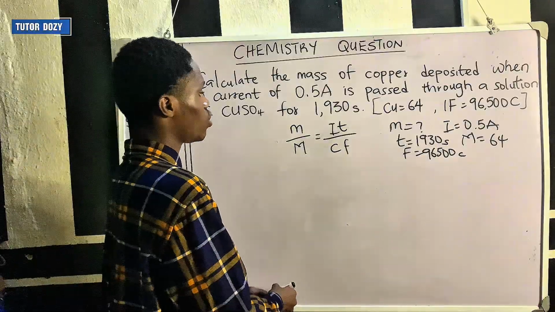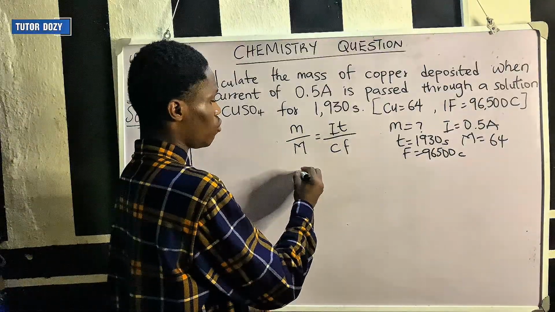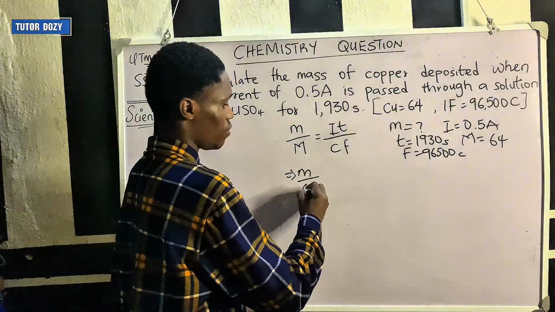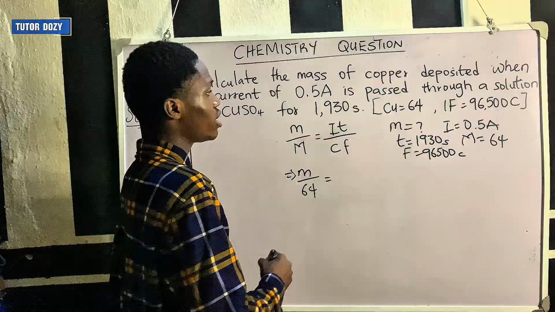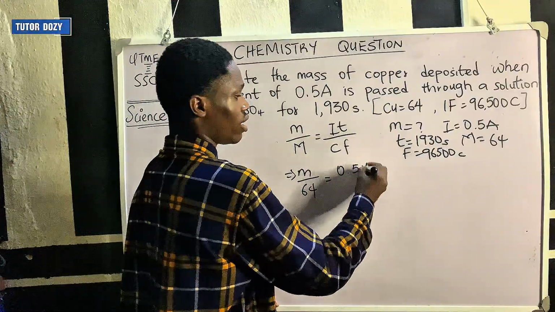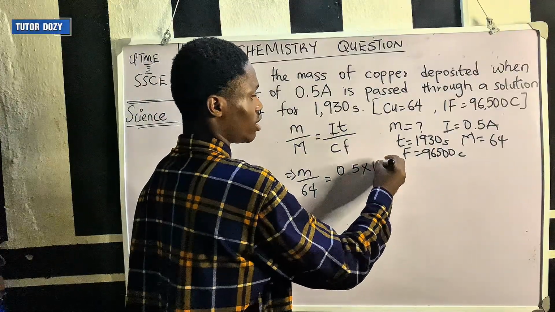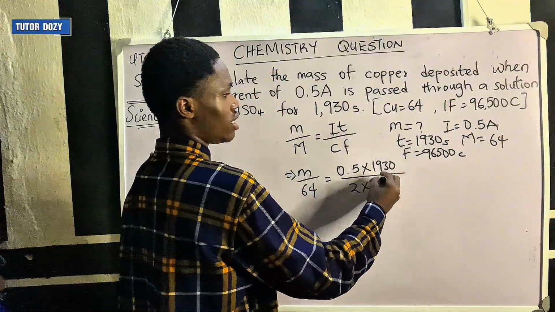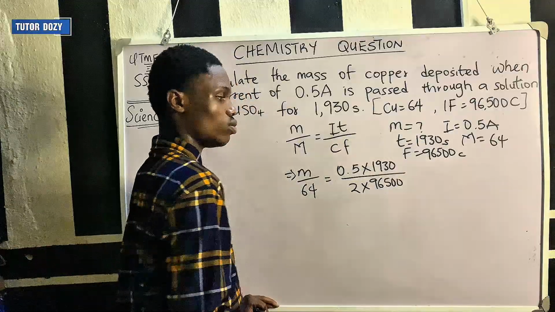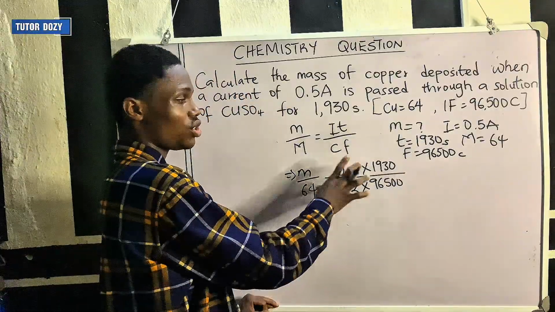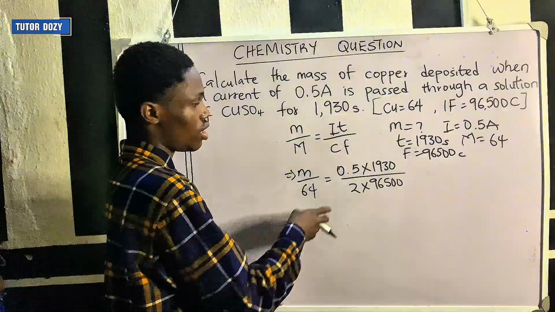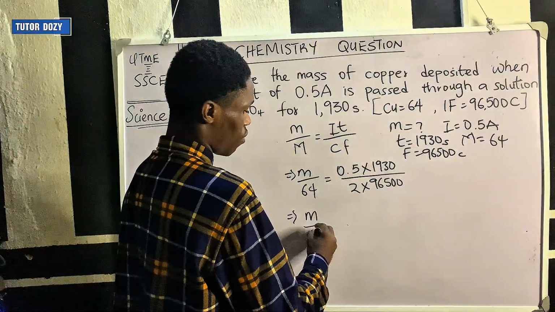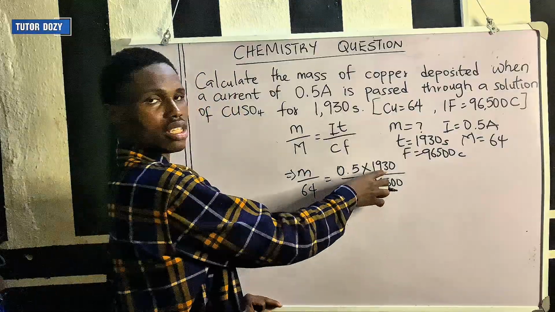Let's continue with this. We have M, which is what we are looking for. Now, M over the molar mass equals the current, 0.5, times 1930, over the charge, 2, times 96,500 coulomb. At this juncture, you have to apply your knowledge of mathematics to this question. So this implies M over 64 equals half of 1930, which is